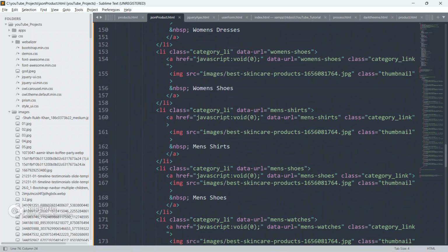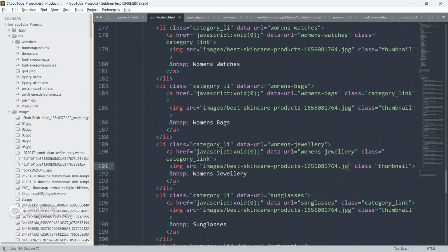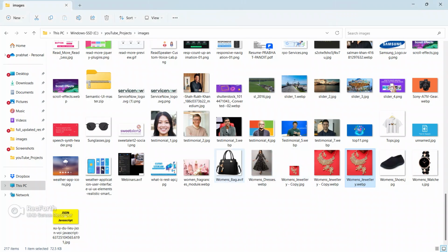and go to the women's jewelry category and replace the image name. Okay, so this is the image guys, we have to replace the image name.